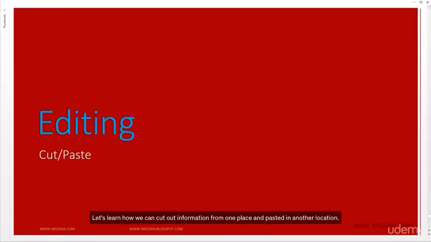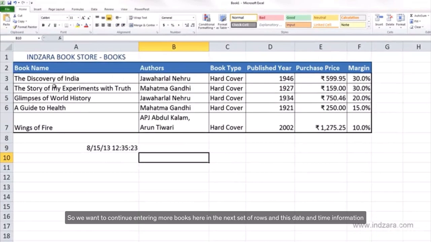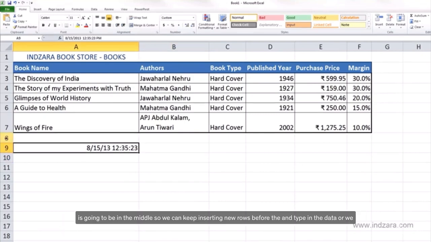Let's learn how we can cut information from one place and paste it in another location. So we want to continue entering more books here in the next set of rows. And this date and time information is going to be in the middle. So we can keep inserting new rows before that and type in the data, or we can just move it